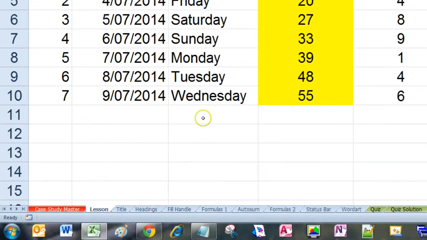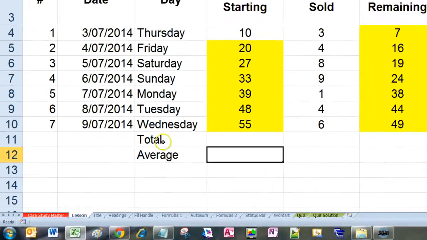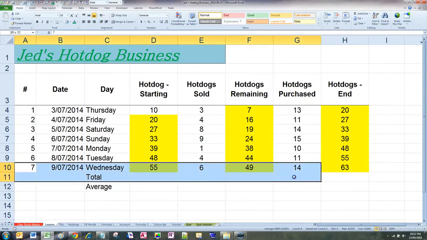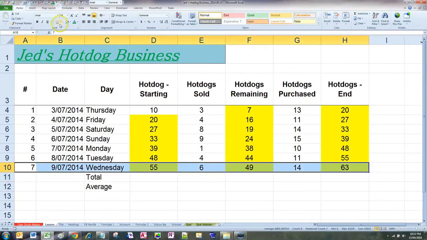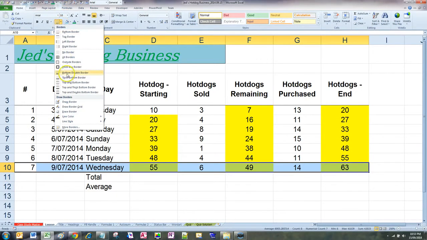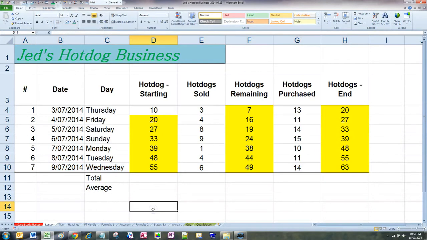First, underneath Wednesday, you want to type in total. Then underneath that, you want to type in average. Now let's just apply a little bit of a border here, just so we can separate it. Let's put a bottom double border. All right? Now, what we want to do is calculate the total